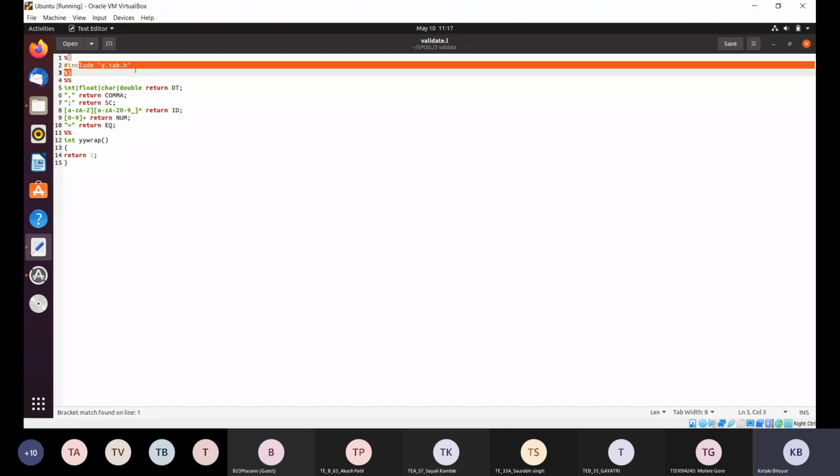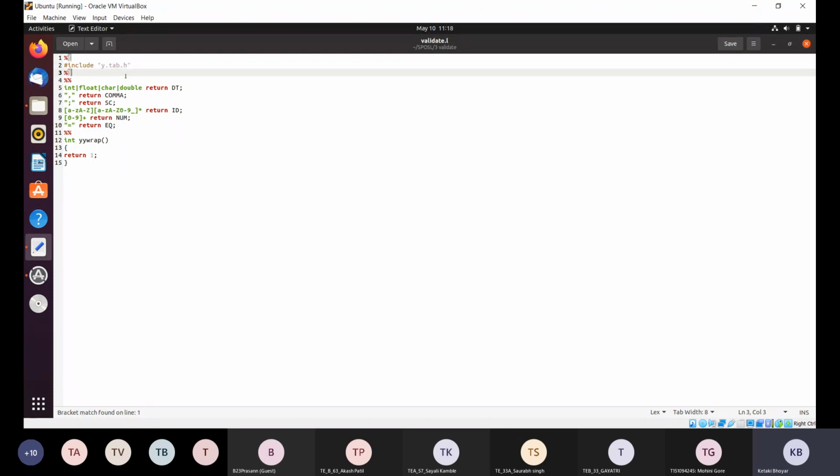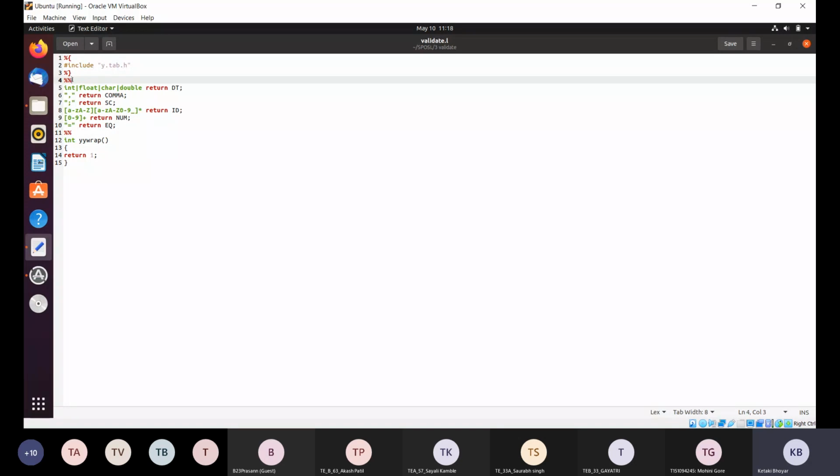यहाँ पे सब declarations का part होता है. All the declarations regarding the program are done here. Then this percent is the delimiter which is used for denoting the next section. So first section is the delimiter part. Second section, it explains all the regular expressions in the format we want.